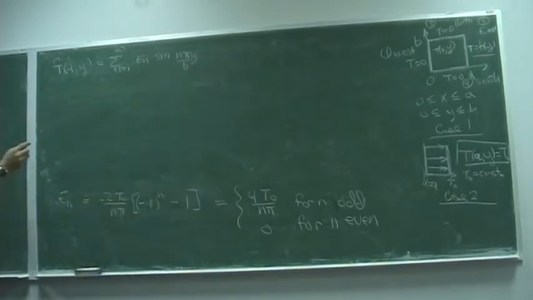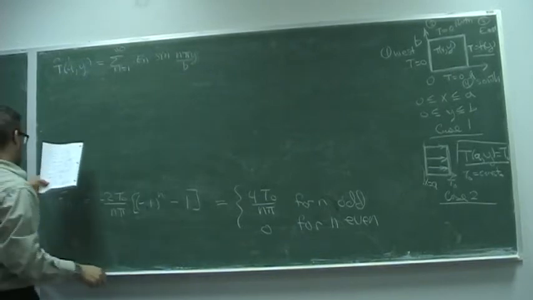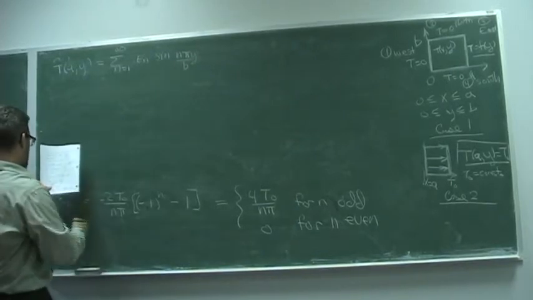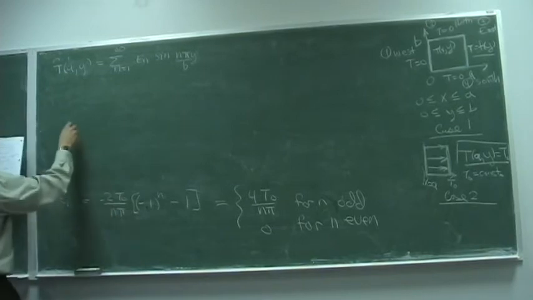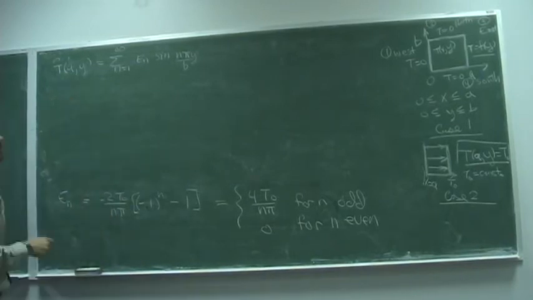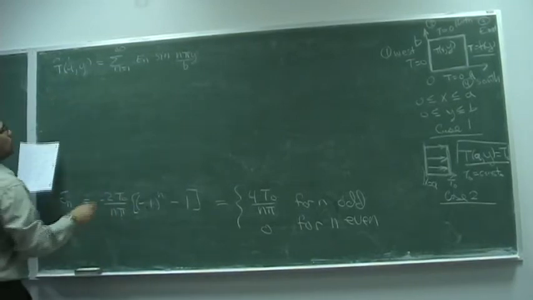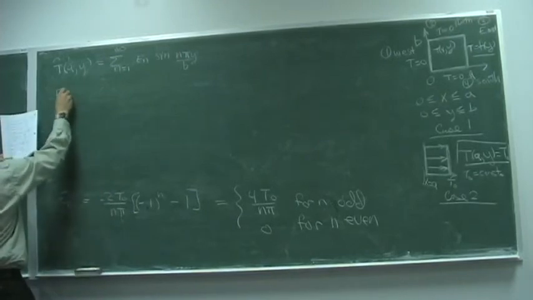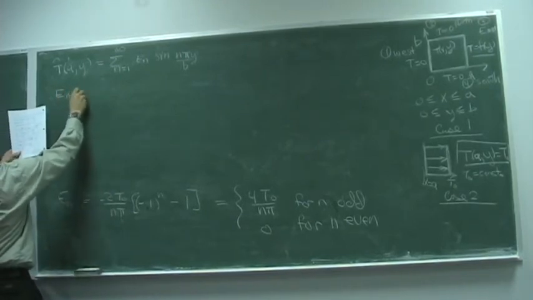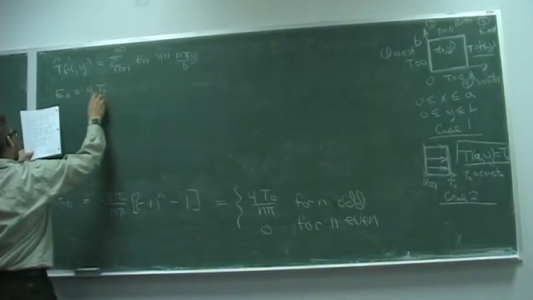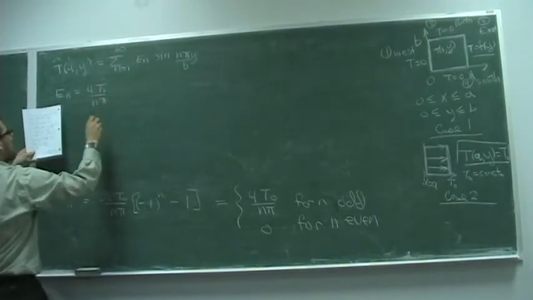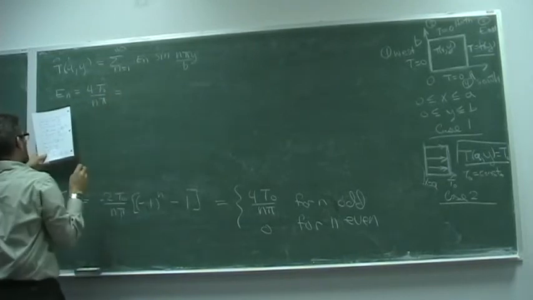Okay, so that's what we were doing by applying Fourier. So now, we know that E sub n is equal to 4 t0 over n pi,